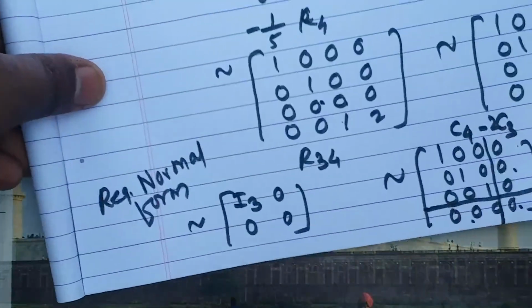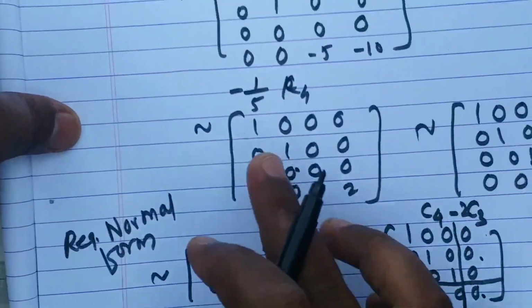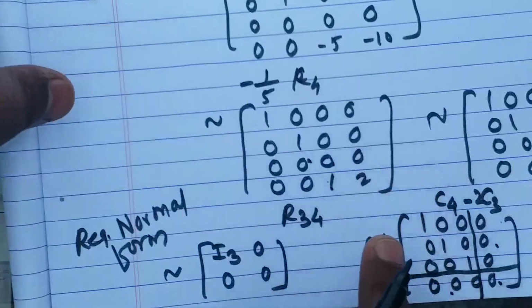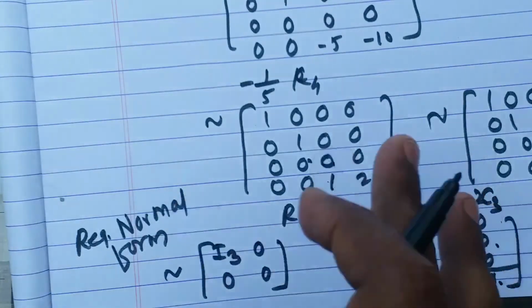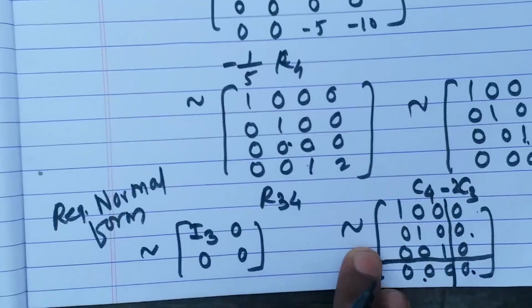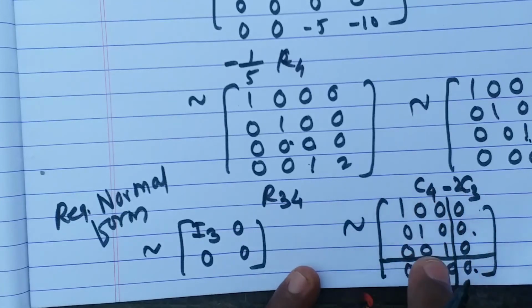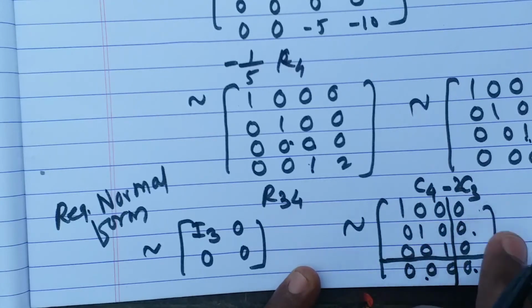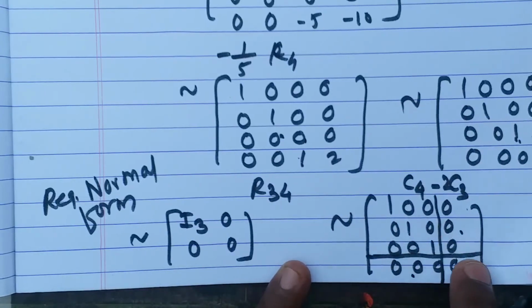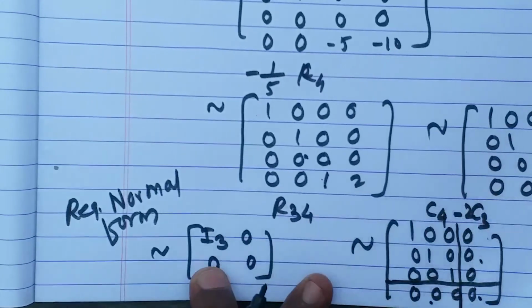Okay, the calculations are not that difficult. We just have to get the identity matrix of some order in the leftmost corner, and whatever remaining 0 entries you get, at the end you need to check whether you have obtained an identity matrix of some order, and the remaining entries have to be 0. That care you have to take. And after getting identity matrix and 0 matrices, just separate the identity matrix from the 0 matrices, and depending upon the parts you get, we'll have the normal form.